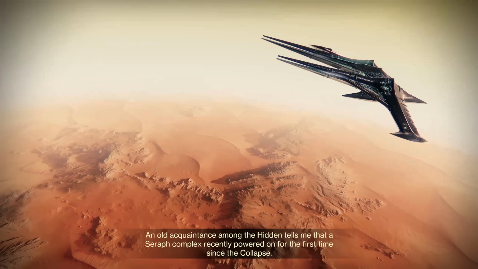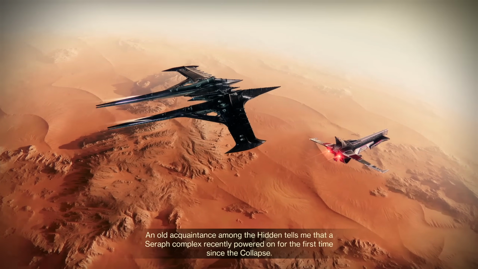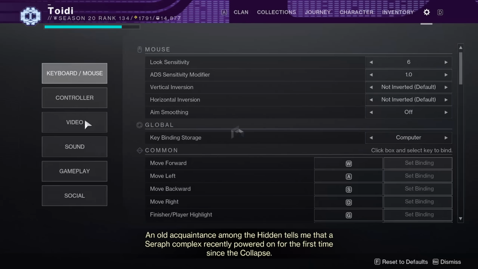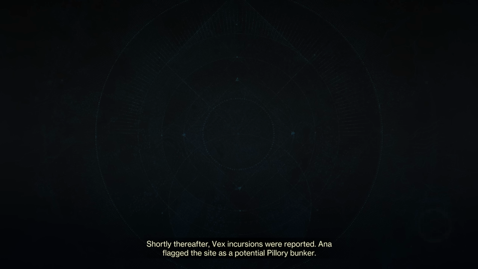An old acquaintance among the hidden tells me that a Seraph complex recently powered on for the first time since the collapse. Shortly thereafter, Vex incursions were reported. And a flag-